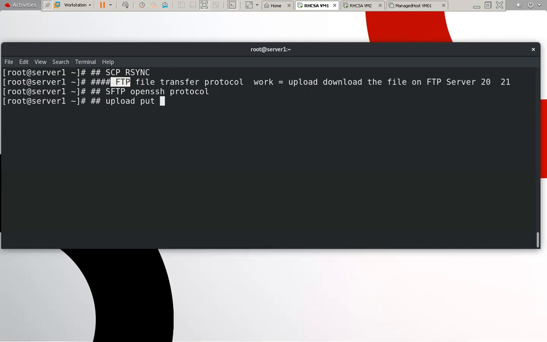And when we want to download, we can use the get command. So get is used to download the file and put is used to upload the file.